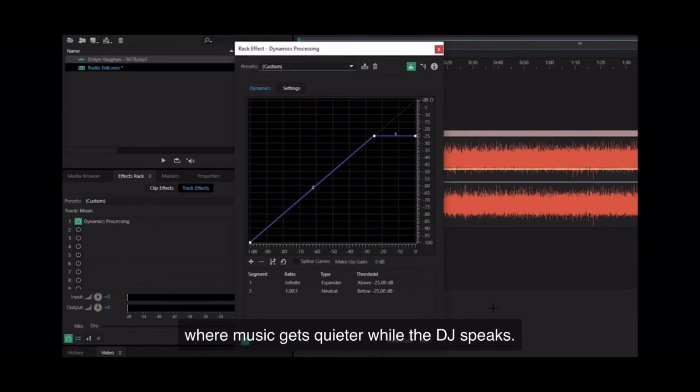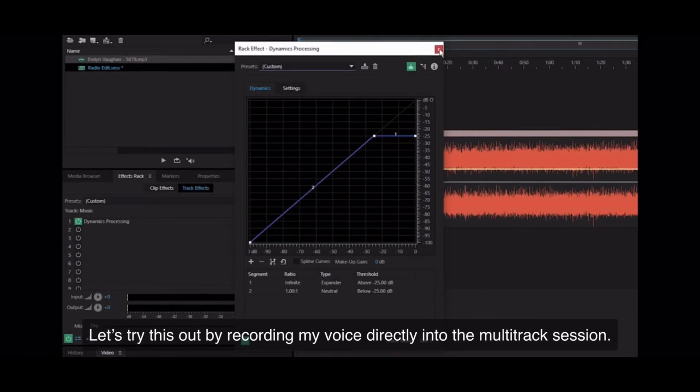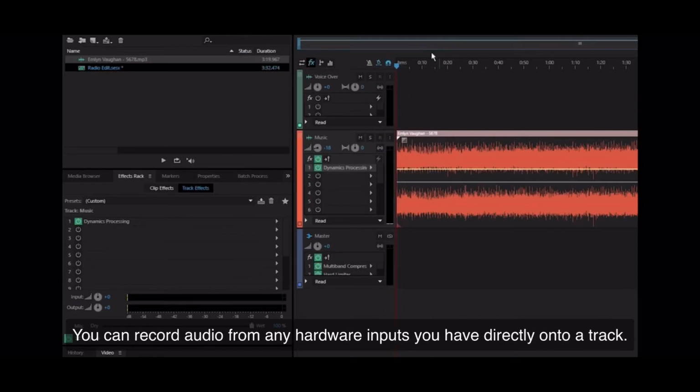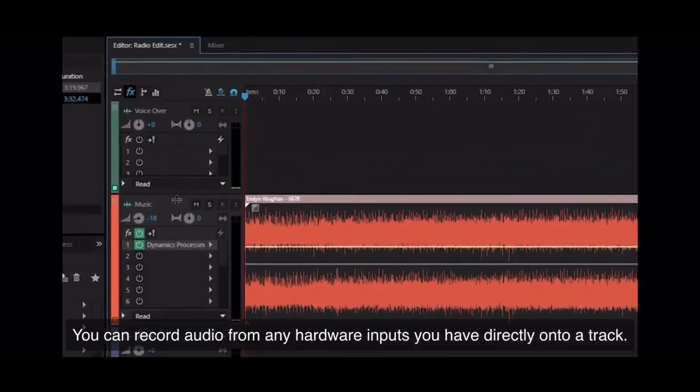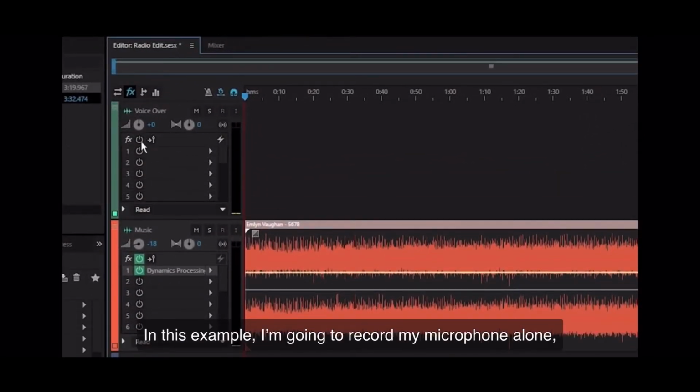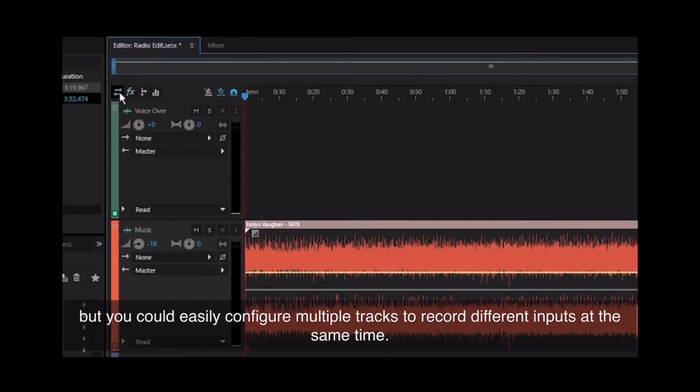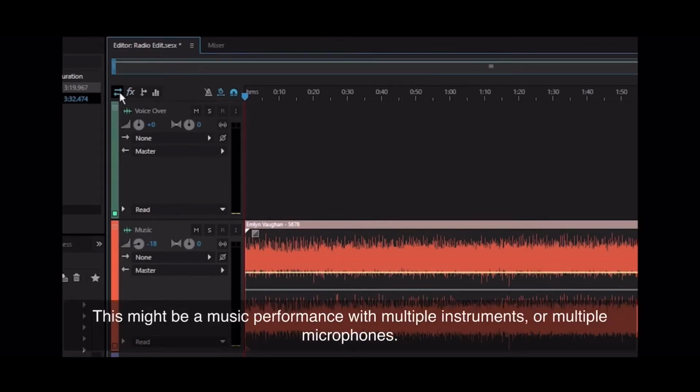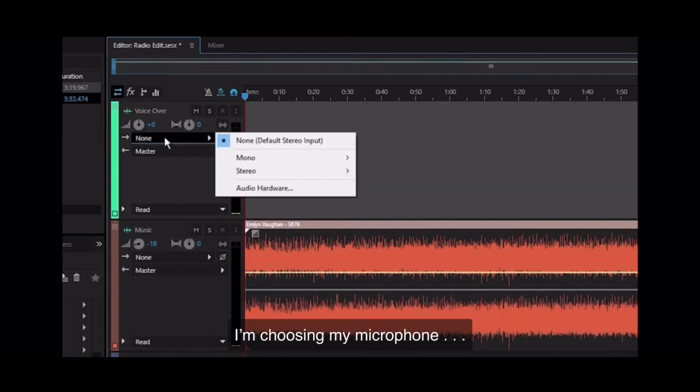Let's try this out by recording my voice directly into the multitrack session. You can record audio from any hardware inputs you have directly onto a track. In this example, I'm going to record my microphone alone, but you could easily configure multiple tracks to record different inputs at the same time. This might be a music performance with multiple instruments or multiple microphones. I'm choosing my microphone